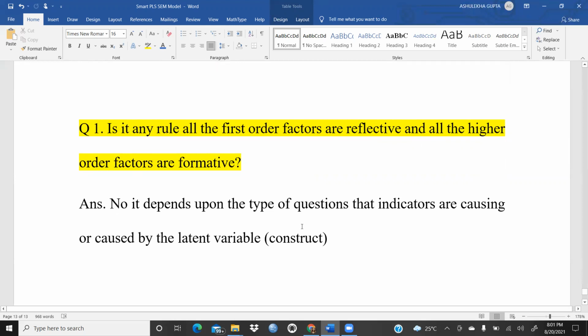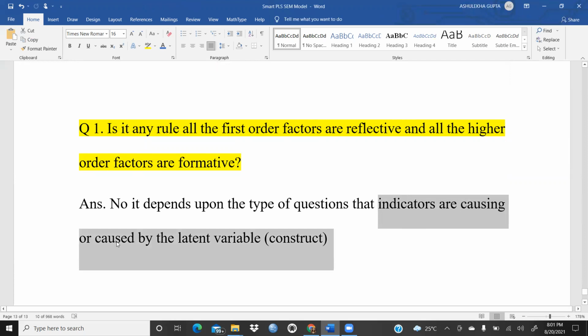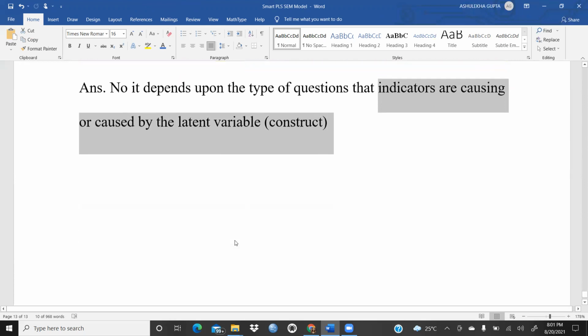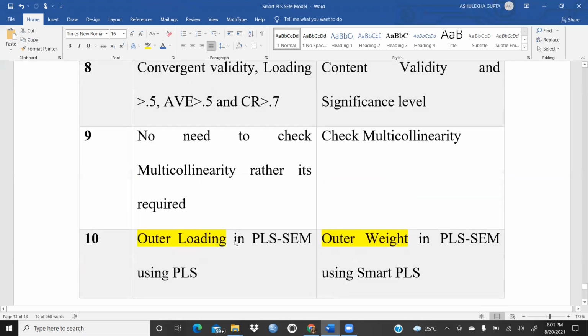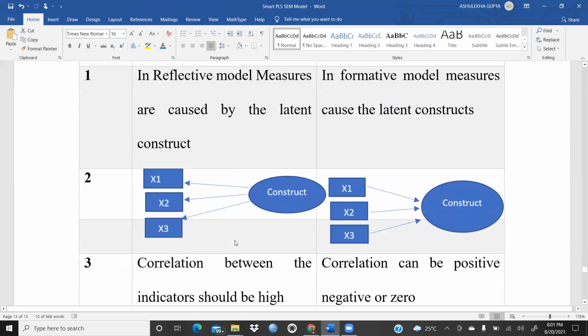So it depends upon what kind of questions you have in your research work. Indicators, here is the most important thing: indicators are causing or caused by the latent variable, as I had already explained to you with the help of this diagram.